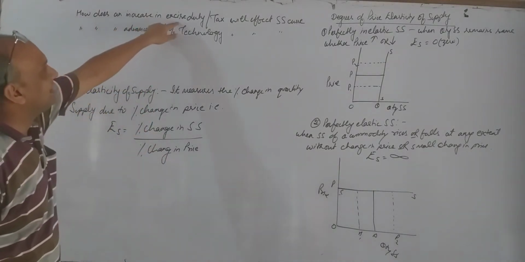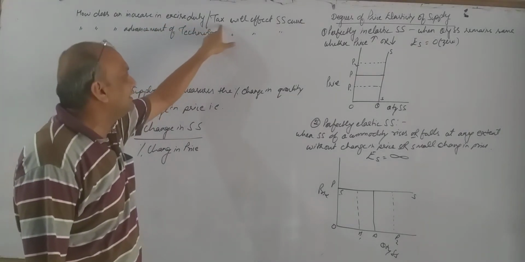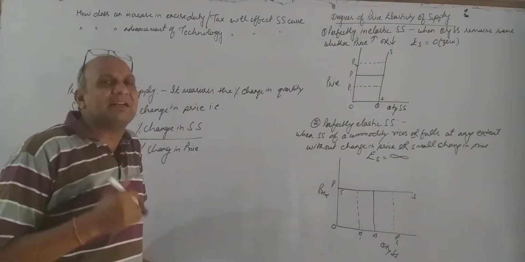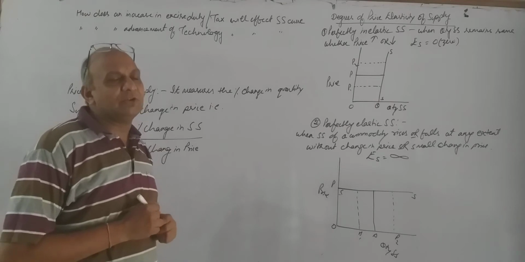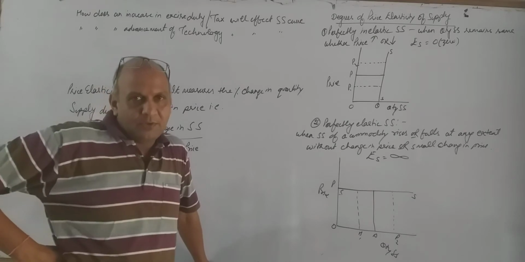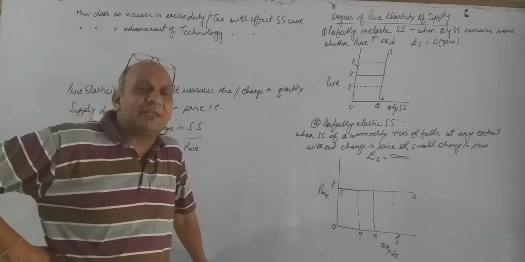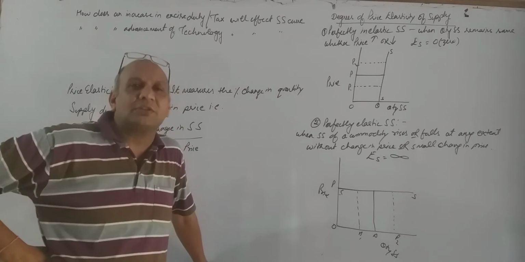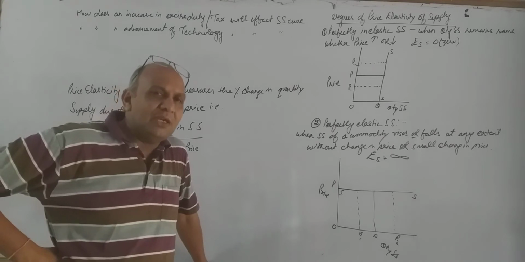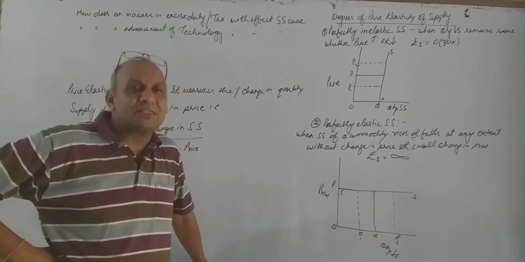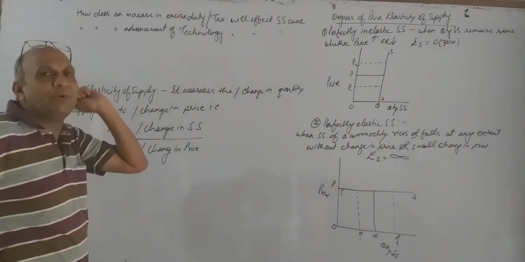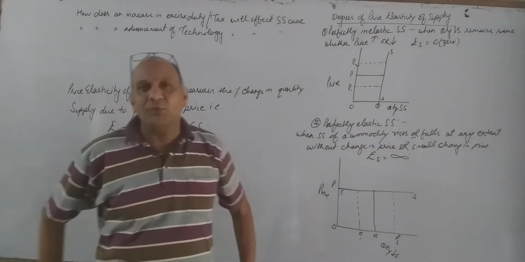How does an increase in excise duty or a tax by the government affect our supply curve? If excise duty or tax increases by the government, how is it going to affect our supply curve? Excise duty is a kind of production tax. On production, the government charges a certain tax known as excise duty, though it is not there nowadays, because instead of excise duty and sales duty, we have GST, goods and service tax. But even if excise duty or GST increases, how is it going to affect the supply? In a very simple way, I will discuss with you.